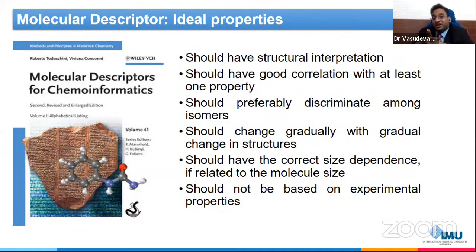So we have structural interpretation. However, the molecular descriptor must have some structural interpretation and a good correlation with at least one property. It should discriminate among isomers, because, as you all know very well, you are from a pharmacy background,